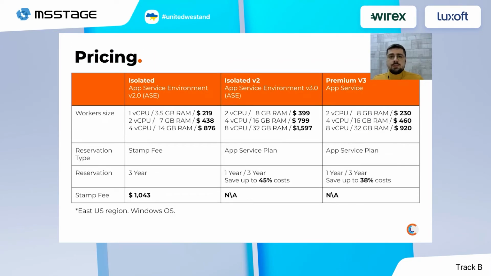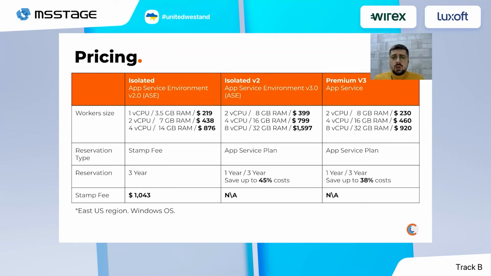And here is the pricing. In conclusion, I would like to show you a comparative table of the costs of these three options. Each of the service plans has a different instance size, in terms of memory, number of virtual cores, and the price of the instance. I already mentioned that ASE v3 has different pricing models, but here I give the standard ASE service plan